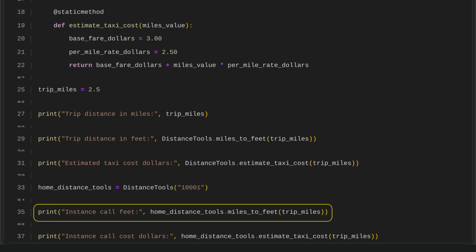In this example, a static method called miles to feet is defined in a class named distance tools, and it is being called through an instance of that class. This shows that static methods can be accessed using an instance even though they do not depend on any data stored in that instance. The method simply converts a trip distance measured in miles into feet and prints the result. Overall, it illustrates that static methods in Python are flexible and can be used without needing to create or rely